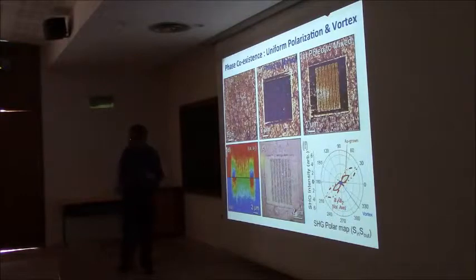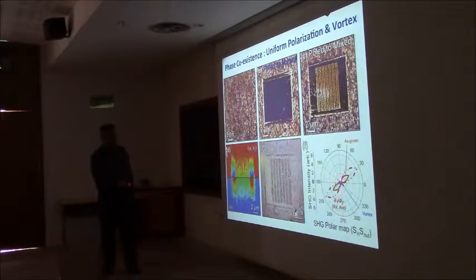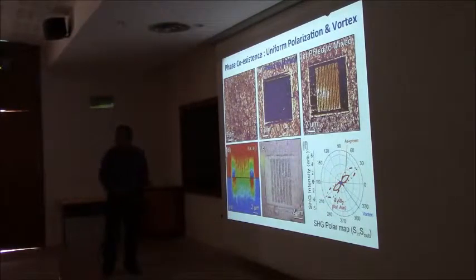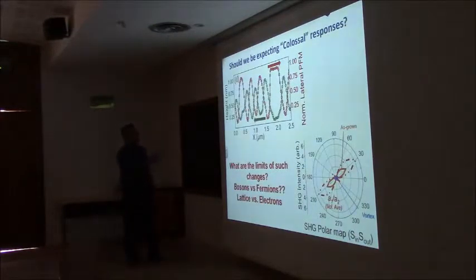So what you can take away, and this is important in asking the question about colossal responses, is that when you have the mixed phase, or the vortex phase, in blue, really small second harmonic response. The volume average value for the A1, A2 is out here. So it's an order of magnitude change in the second harmonic response. So this is just summarizing the second harmonic response and the piezoelectric response. The piezoelectric response from the ferroelectric phase is approximately an order of magnitude larger than the vortex phase.